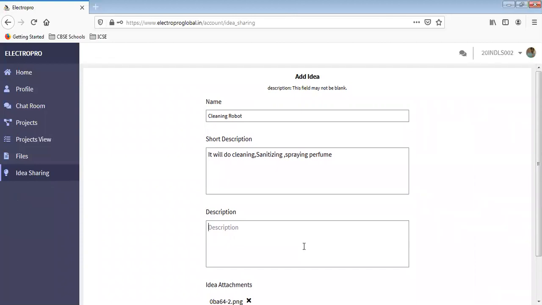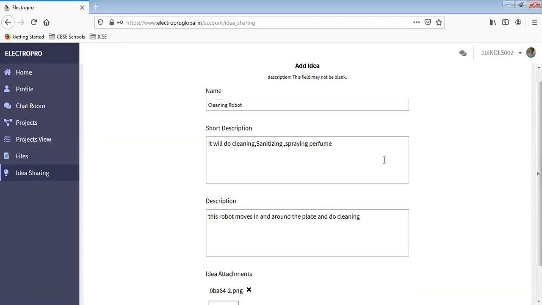Okay, you can submit it. So type something. This robot moves in and around the place on the plane. You should not leave this space empty.